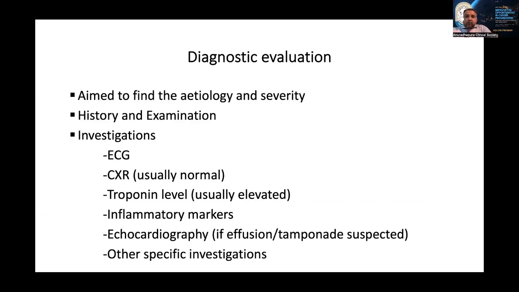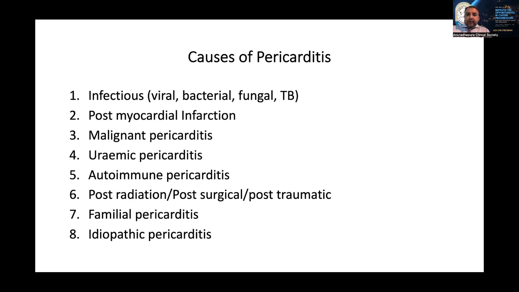Now, coming to the diagnostic point. First, you do a thorough history about the chest pain and the basic investigations. One thing is you have to do serial ECGs, to exclude any ongoing acute coronary syndrome. It will also confirm pericarditis. In the meantime, you have to look for the causes of the pericarditis, so basically inflammatory markers, X-rays, and basic bloods. And these are the common causes that end up with pericarditis.